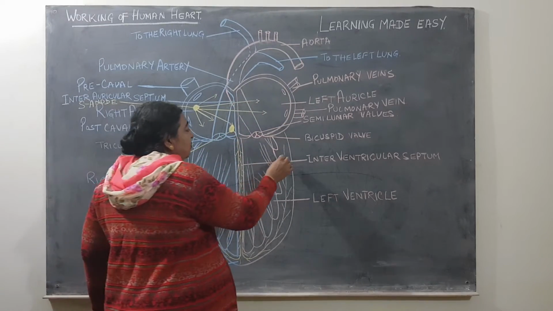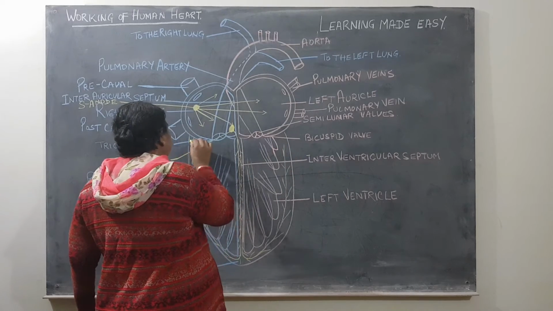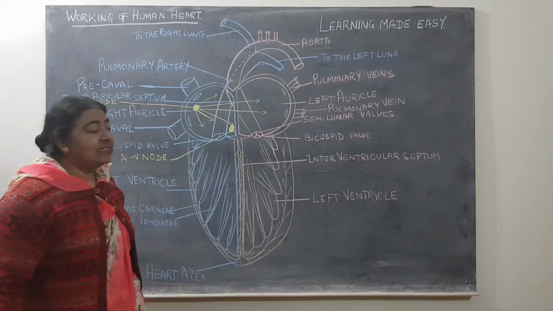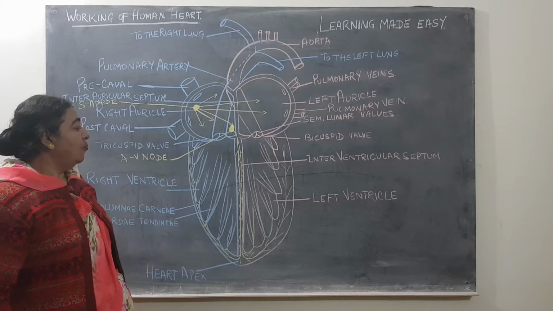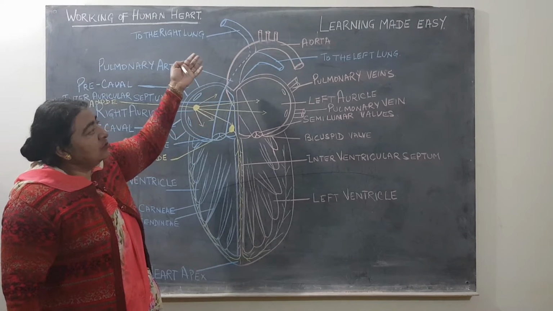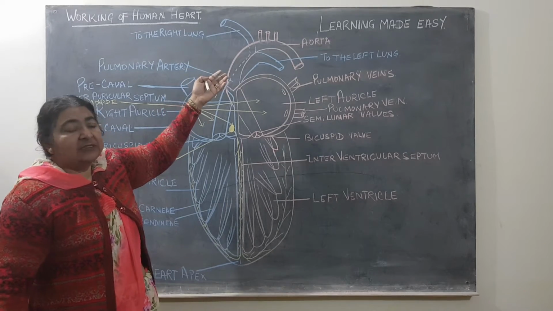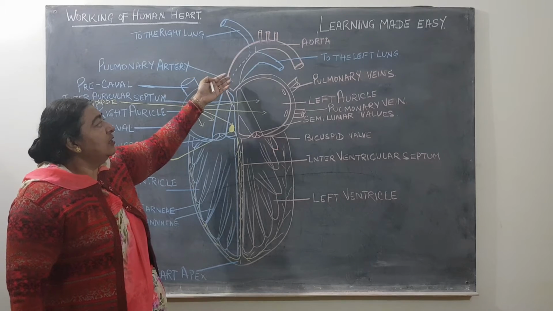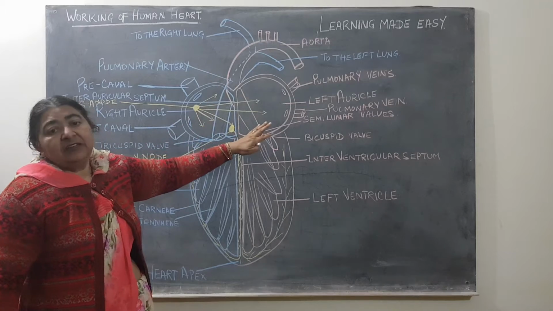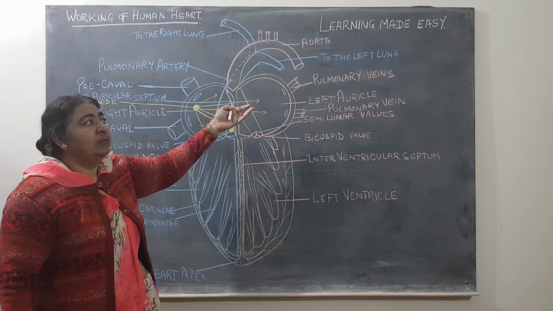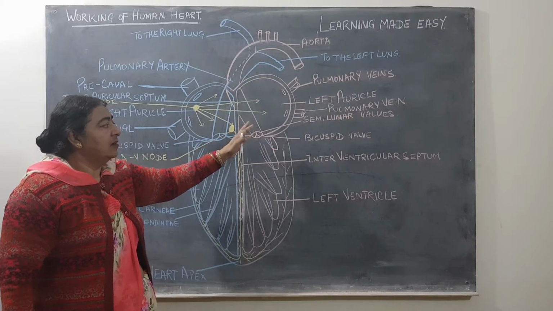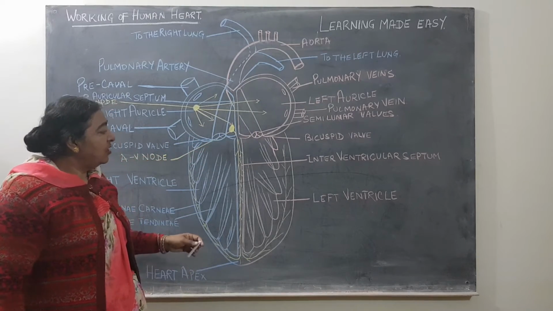This oxygenated blood will give energy to the various cells and tissues of the body, while the deoxygenated blood is taken to the lungs, as already discussed in the first episode, where it has to be oxygenated again, that is, leaving carbon dioxide, taking up oxygen and coming back to the heart. This is called the complete